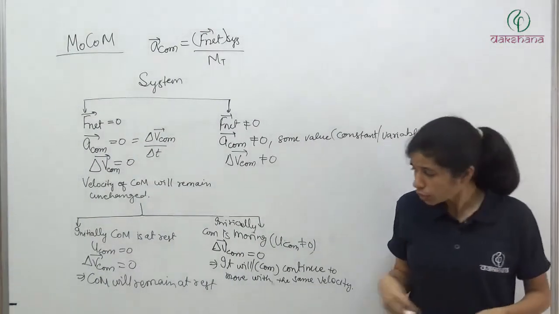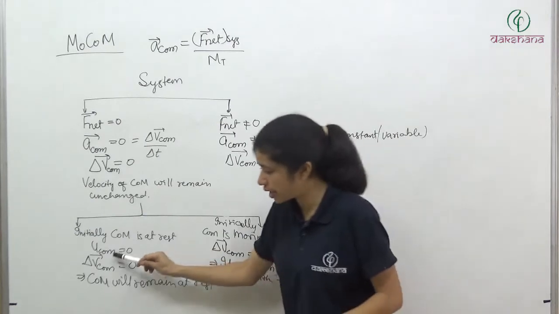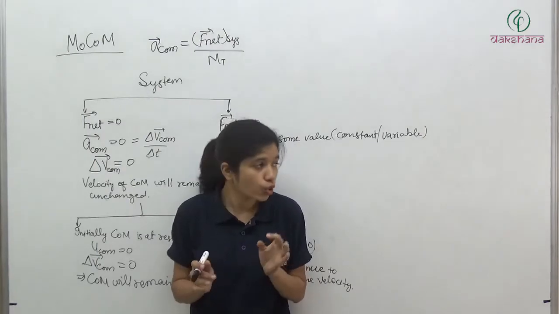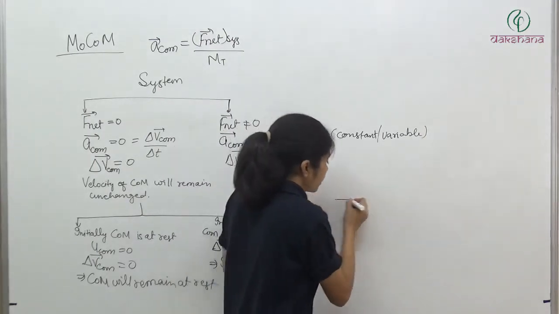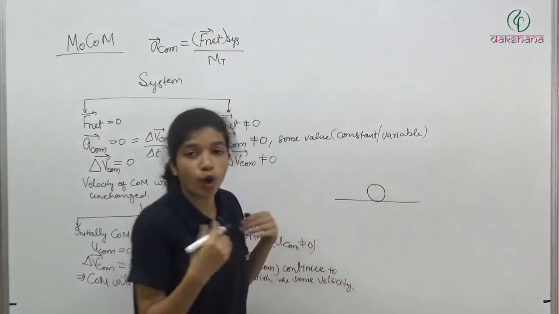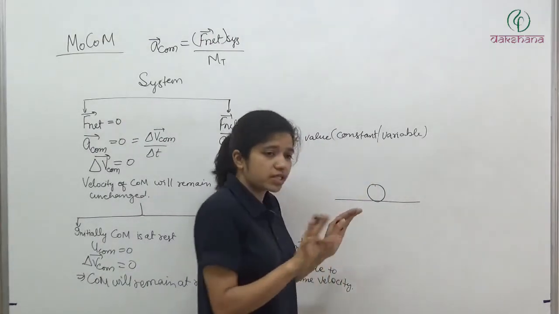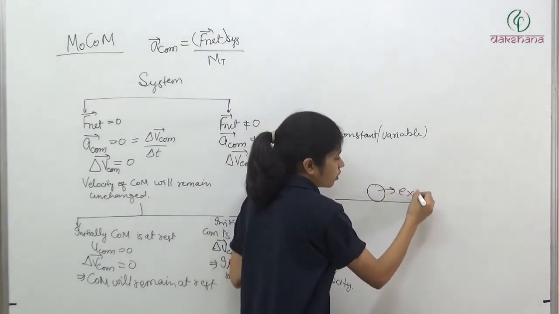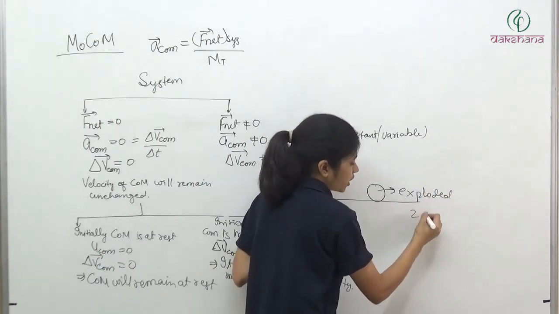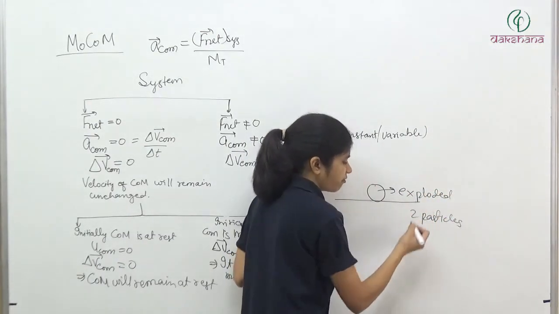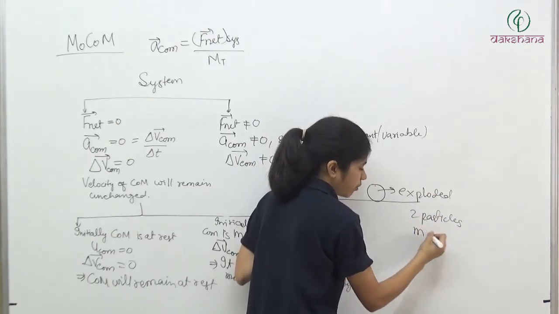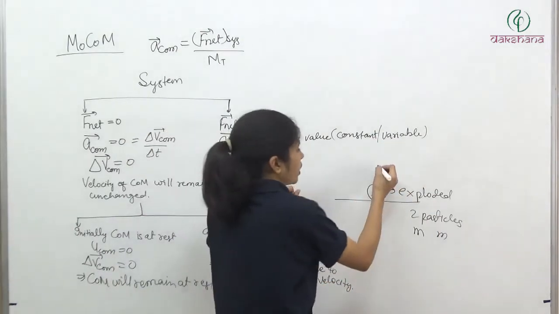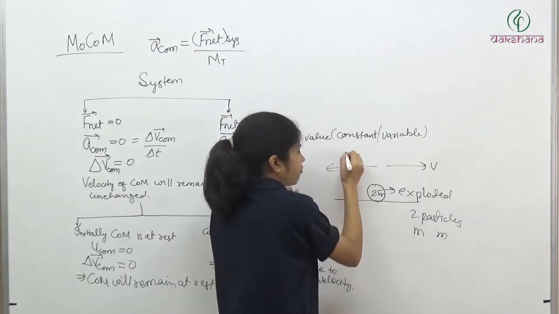Clear ये चीज? तो जैसे इसका और एक example क्या होता है, यहाँ पे जैसे हमने क्या बोला कि initial velocity of center of mass is 0 and it will remain 0. So इसका और एक example क्या है कि sometimes जैसे आपने यहाँ पे रखा एक बॉल को या फिर एक बॉम्ब को, and this bomb was at rest, अपना चुपचाप सड़क पे पड़ा हुआ था, and suddenly it exploded into two particles. Let's say in first case both are of same mass, m and m. It was of mass 2m और दोनों m mass में टूट गए and both started moving. एक इधर जाने लगा v velocity से, एक इधर जाने लगा v velocity से.